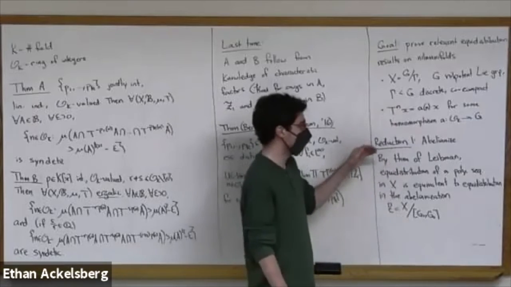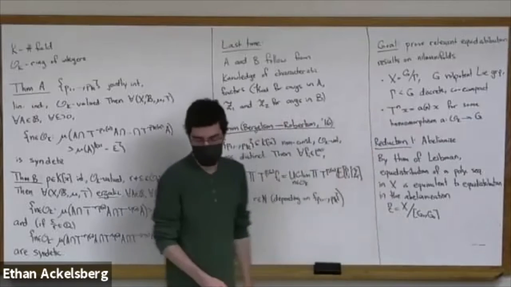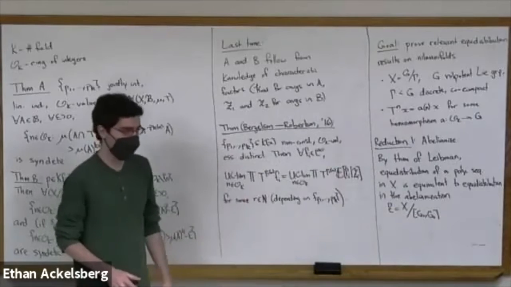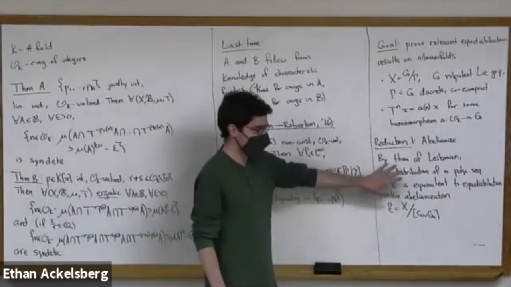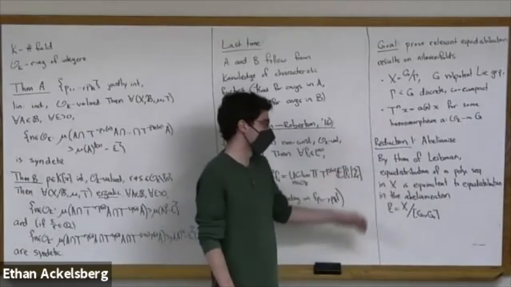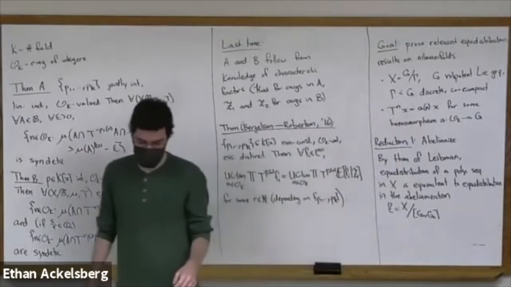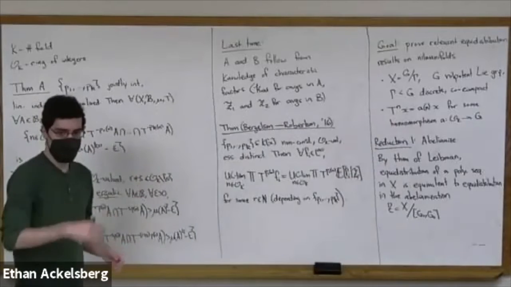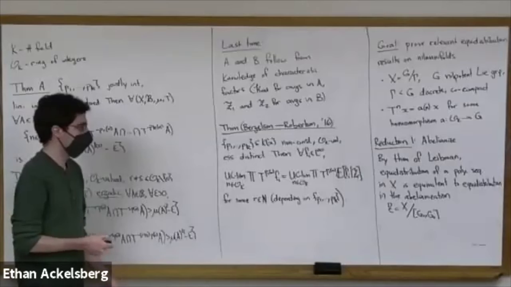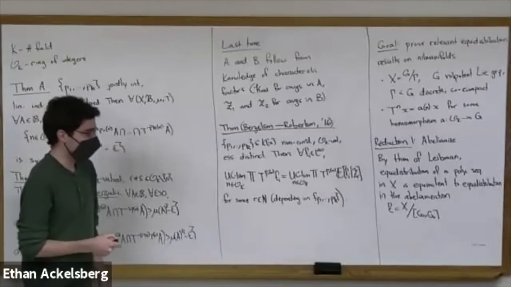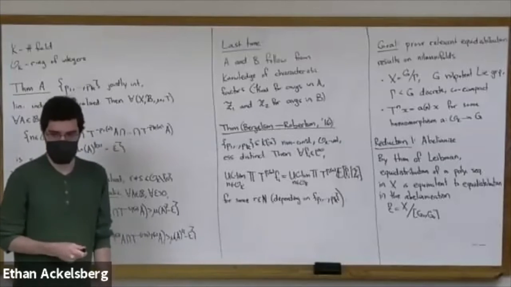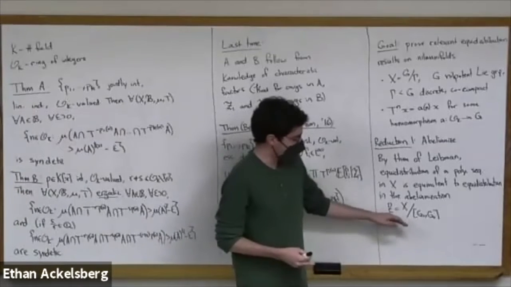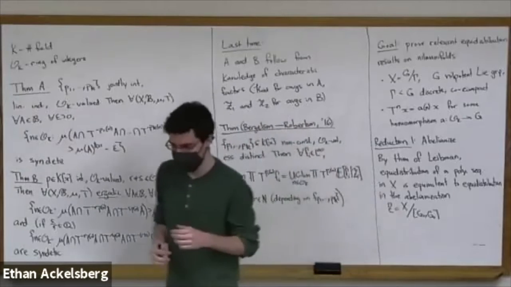And in that situation, we can always reduce to the abelianization by a general result of Leibman that I wrote in a little bit more detail last time, but basically says this: that if you want to study the equidistribution of a polynomial sequence in a manifold, then instead of dealing with an actual nilmanifold, you can project down to the abelianization. And I think I said something kind of vague and maybe slightly incorrect about how to think about this. So just a reminder, the way I like to think about this is that it's like a